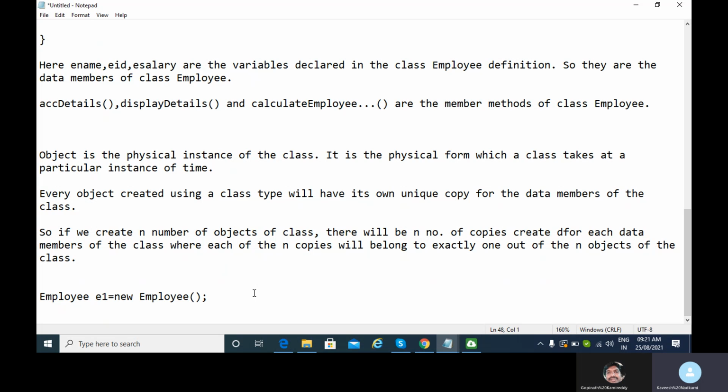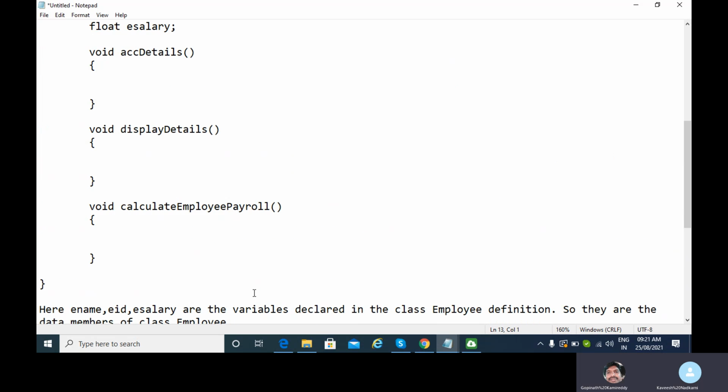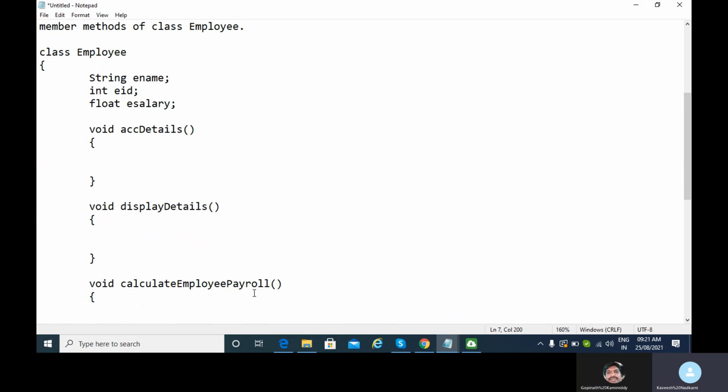In this case, what has happened? Because your JVM has created a default constructor for the class, whenever I create a new object of the class employee, I use the new keyword on the class employee name, so the default constructor automatically will be called for the class employee, Gopinath.